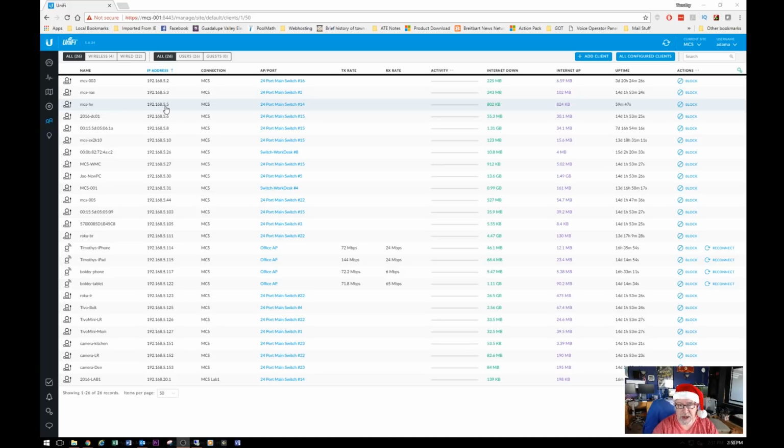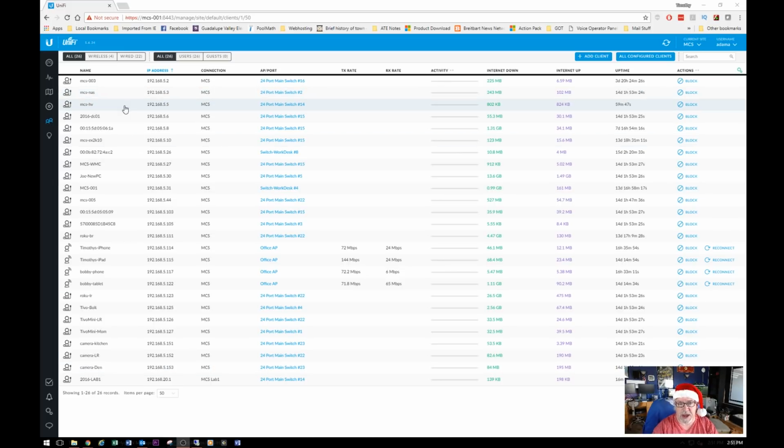MCS-HV. It's on the 5 subnet and it's on the MCS network. How is that possible? Well, because we're doing VLANs, we're doing virtual networking. So you can physically have two computers use the same piece of cable and have completely different IPs and configurations. That's one of the mainstays of why routing and switching is so important on a network, so you have